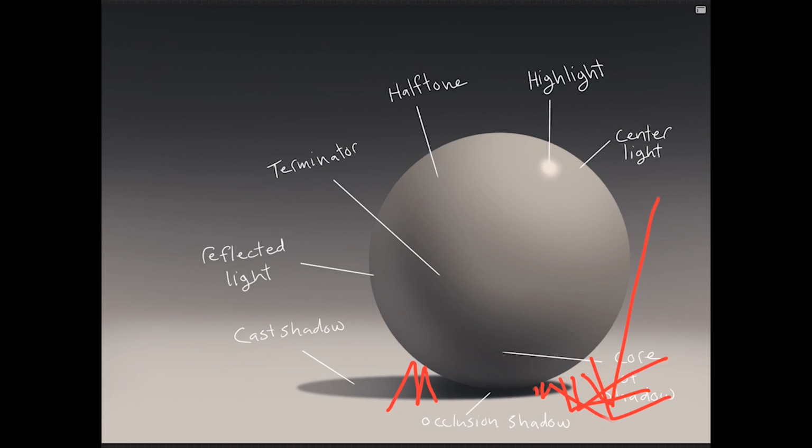Light can bounce all the way around, but like we said before, every time light bounces, it loses 90% of its power. And so by the time it gets all the way down here into the crack, it's really hard for that light to light up that crevice in there. And it's the same with everything. If you look around,